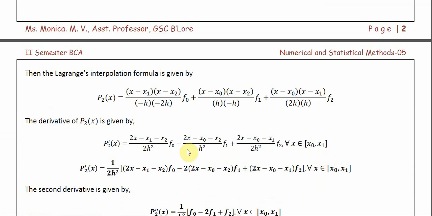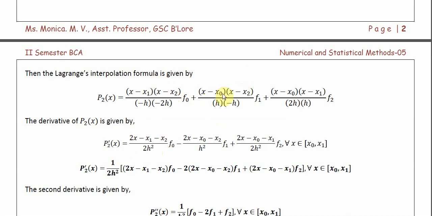What I have to do to get the derivative, I just have to differentiate these things. Therefore, we have differentiated over here. Therefore, this is the answer I get after differentiation. f0 is constant. Minus into minus is plus 2h square. It is constant. We just have to differentiate this term. The derivative we have already discussed before. Okay. Keep one constant, differentiate the other, plus keep the second constant, differentiate the other. Then you're going to add up those terms.